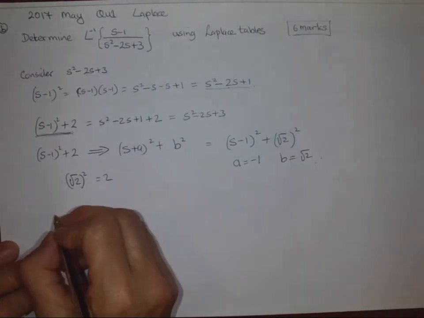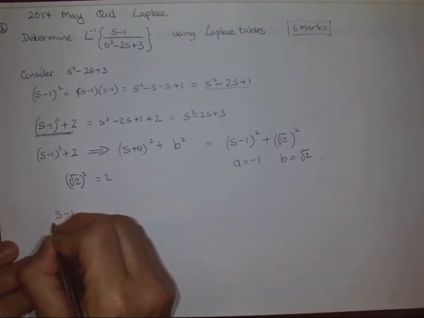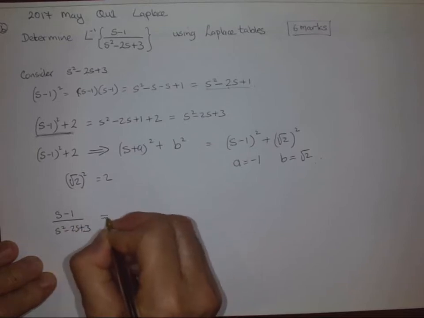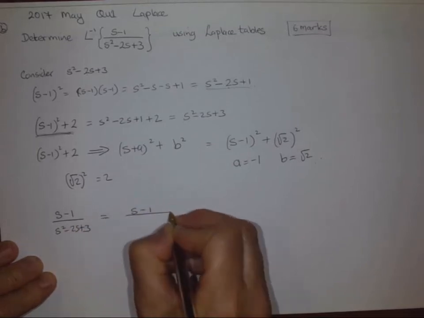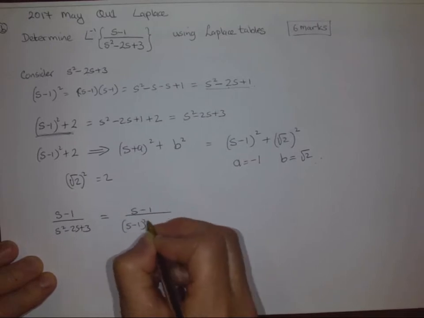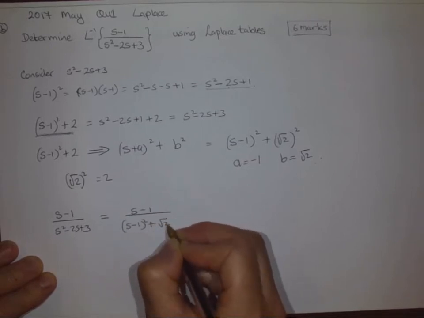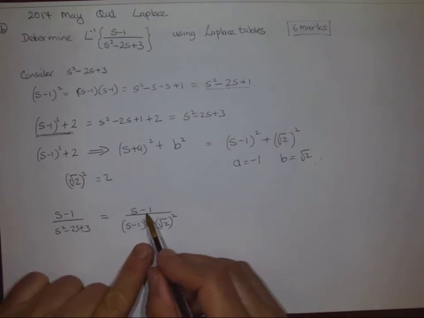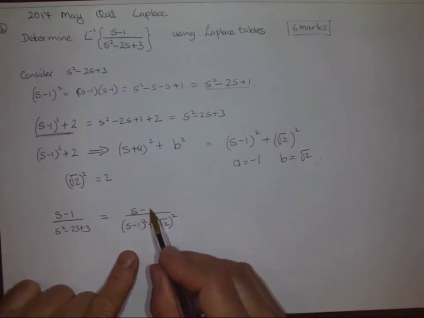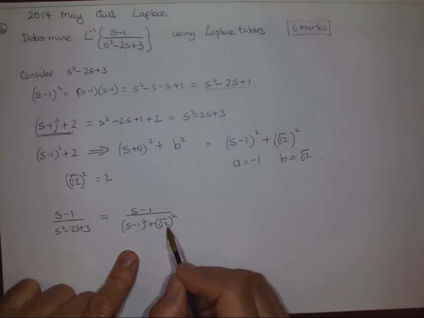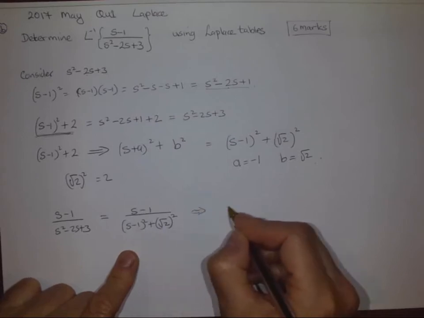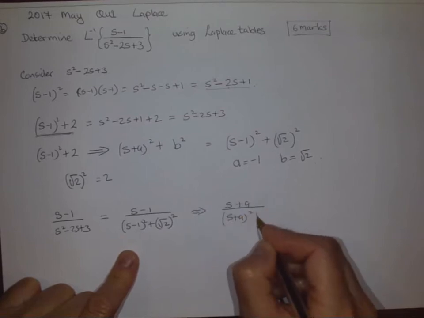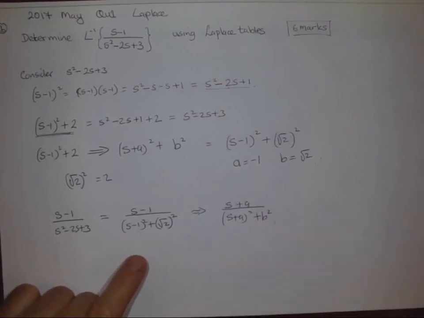So now what we've got is s minus 1 over s squared minus 2s plus 3. Now it looks like s minus 1 over s minus 1 squared plus the square root of 2 squared. But this is like s plus a over s plus a squared plus b squared from the tables, right? If you check the tables for this one,